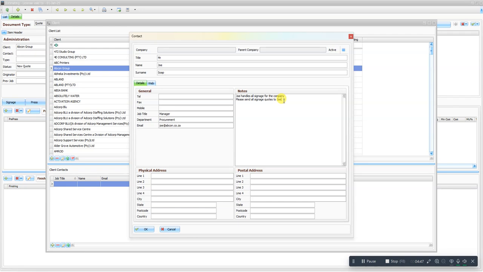It's for internal use only. Okay. You can then propagate the physical address, postal address details, and then